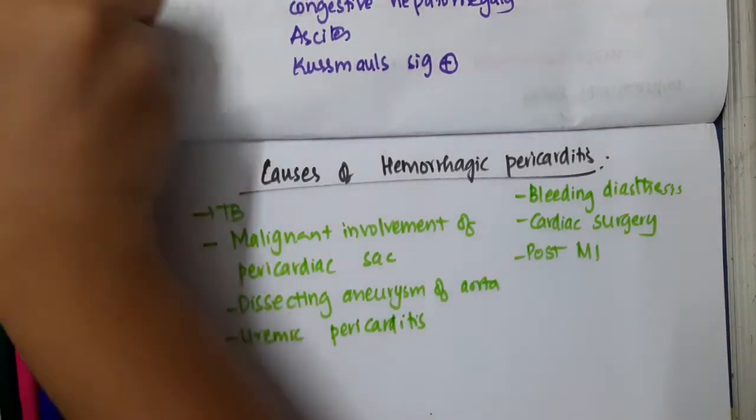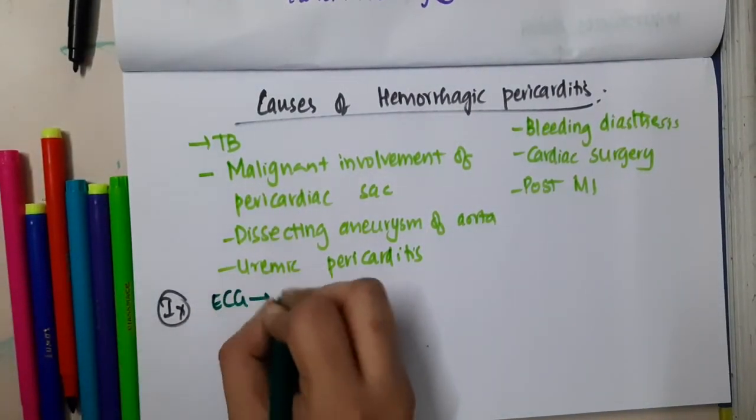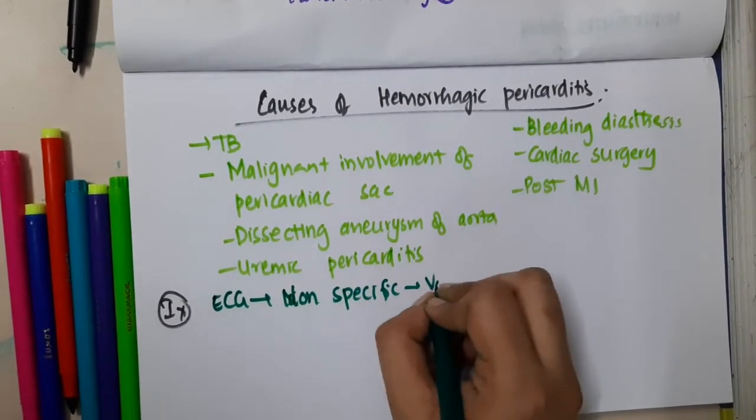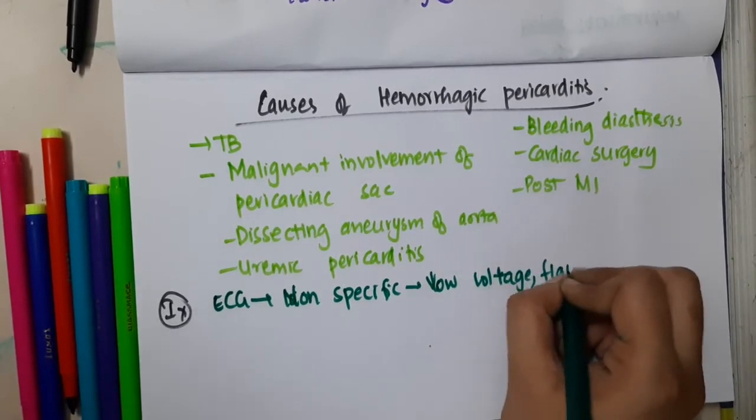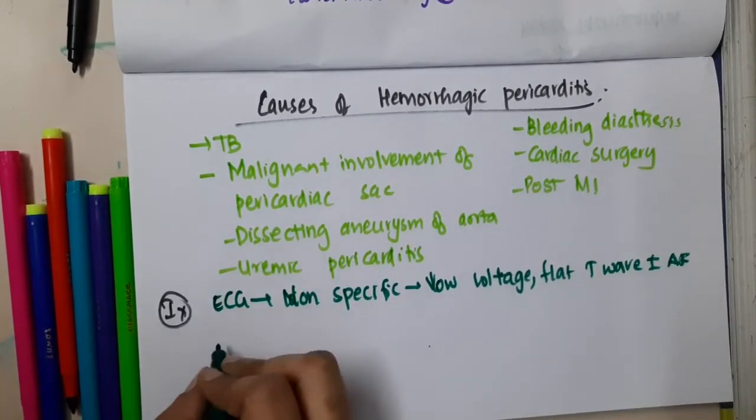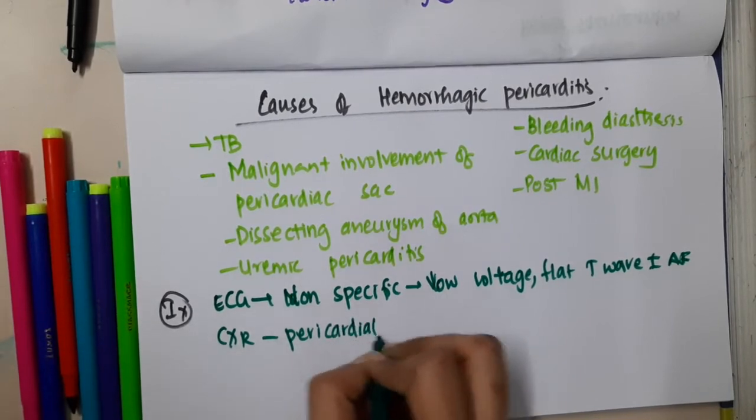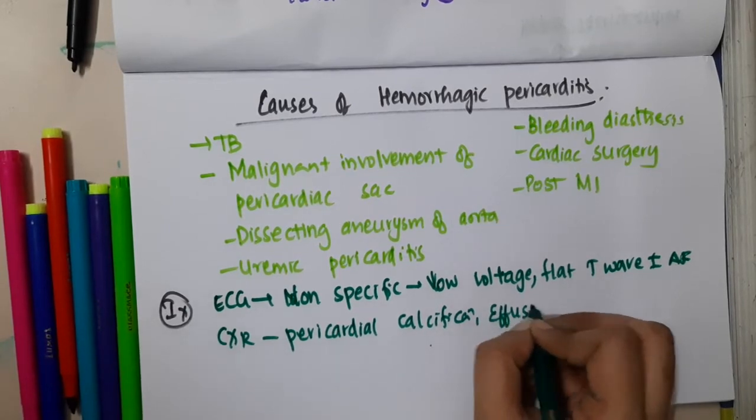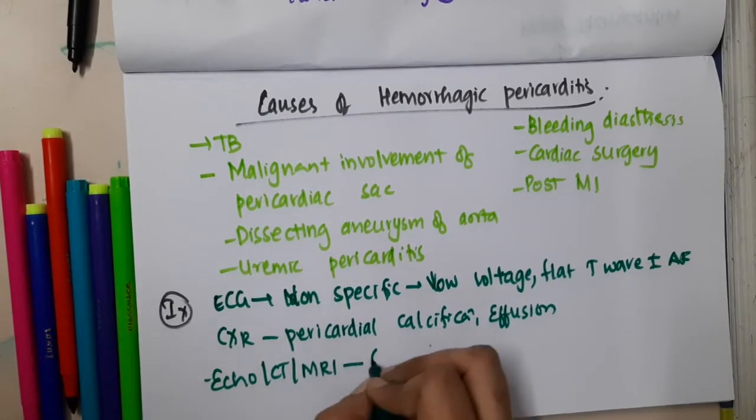Now, what about the investigations? In the ECG you will see non-specific changes: low voltage, flat T wave, plus or minus atrial fibrillation. On chest X-ray, pericardial calcifications may be seen, or effusion may be seen. And if you do echocardiography, CT or MRI, you will see presence of